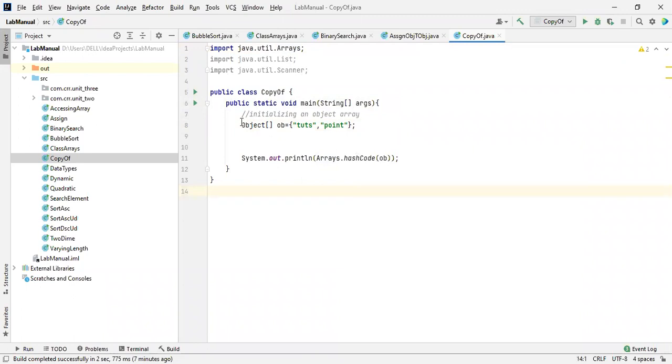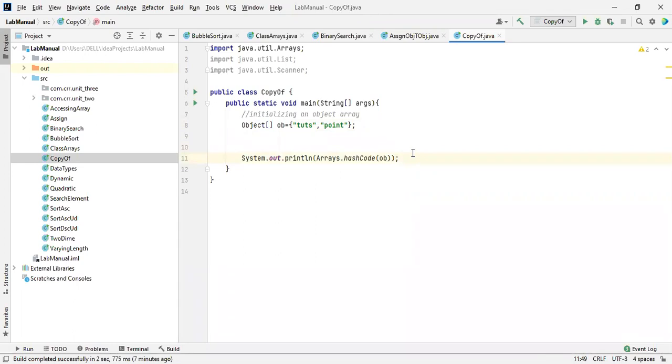So I created an object over here, whether it is a class or a non-primitive data type, because Java is purely object-oriented programming. Each and every object is organized by the JVM, and each and every object will be stored inside the heap area, which is available inside the Java virtual machine.